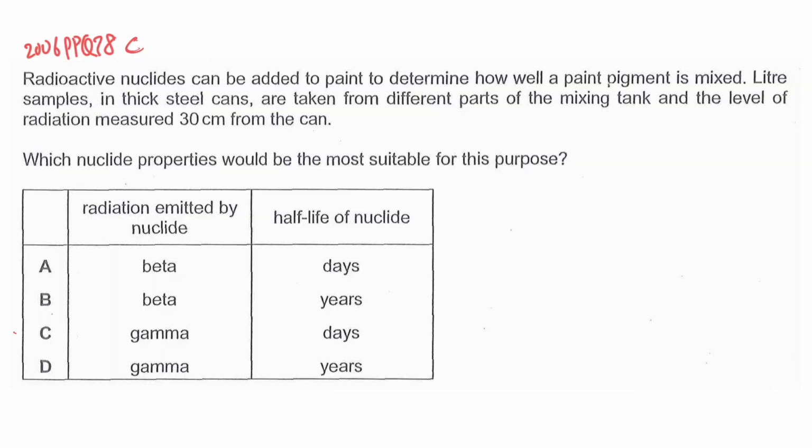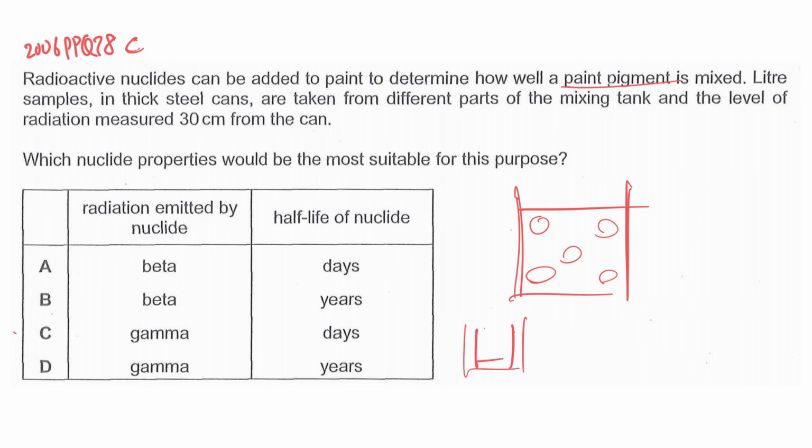In this question, the application is to check whether the paint pigment is mixed well in a tank. That means you have a tank, you make the paint. Then you take a sample from this position here, and the paint here and here, and you put it inside a steel container, and the detector is placed 30 cm away, which is constant always. So if the samples from all various positions give the same count rate, that means the paint is mixed well. And because it's a thick steel and it must be able to pass through steel, so